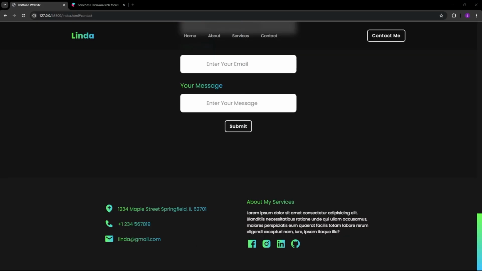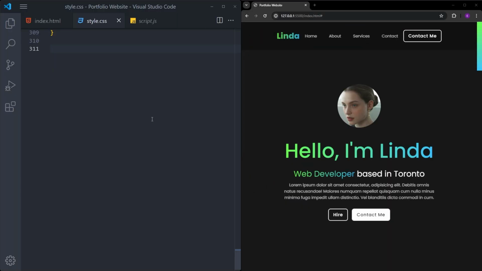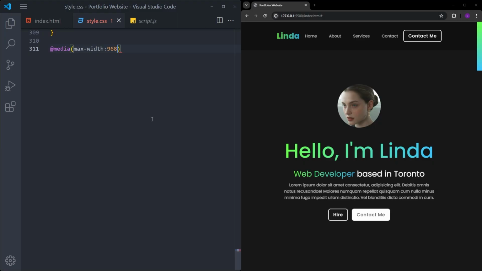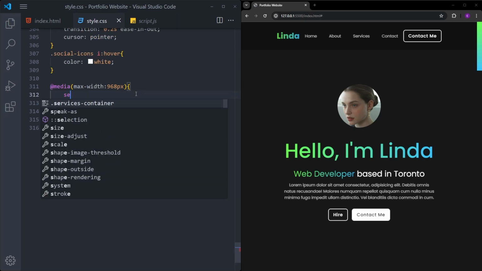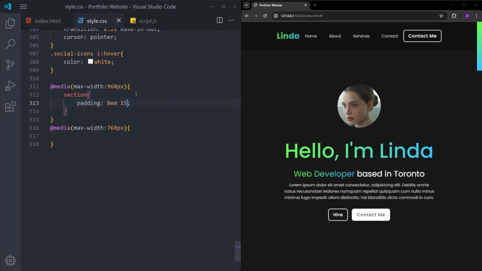The only thing left is to make this website responsive. So to create the responsiveness, we are going to have 2 breakpoints. The first one is going to be 968 pixels. And the second one is going to be 768. So inside the first one, I will select the section and set the padding to 8 EM to 15%. So the padding on the left and right will stay the same, but I increase the padding at the top